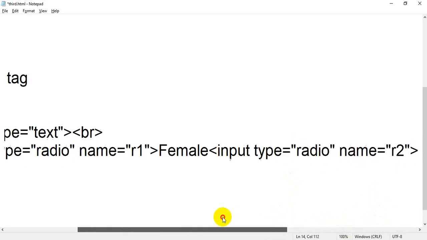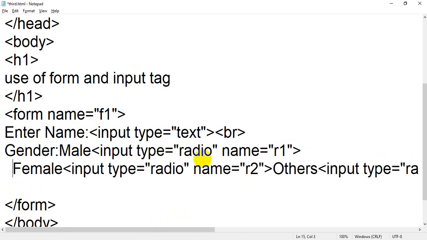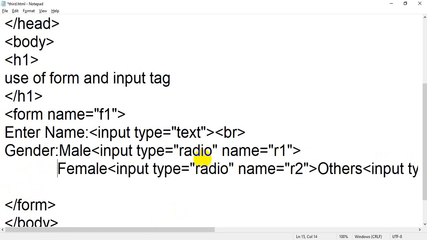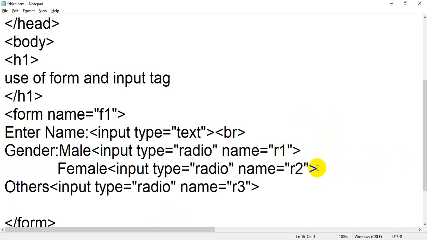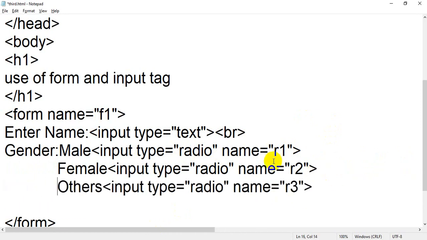If you are not getting it properly, I just want to align this. I have just taken one line below. Okay, this is my first radio button. I have just added the name attribute.